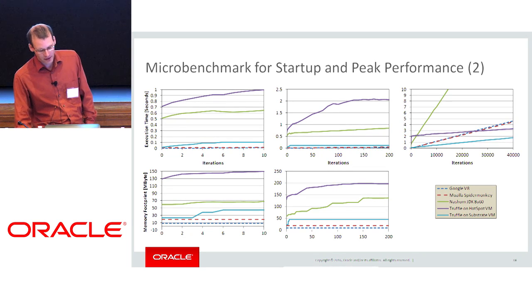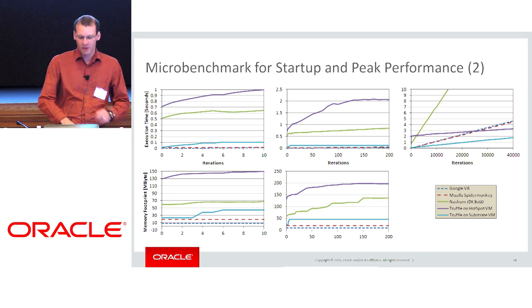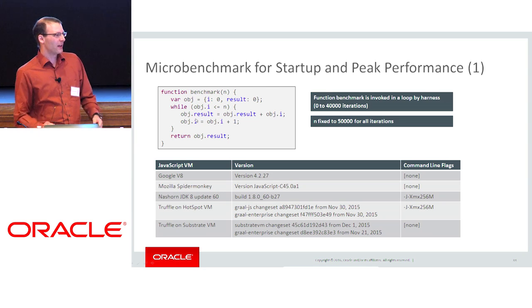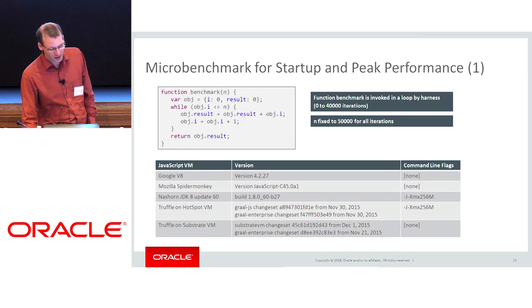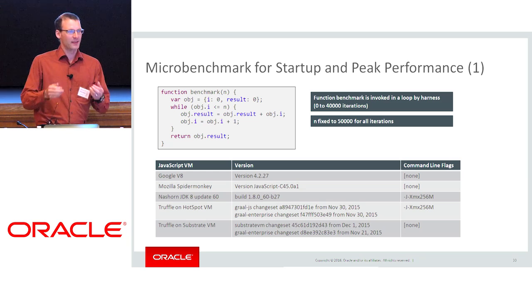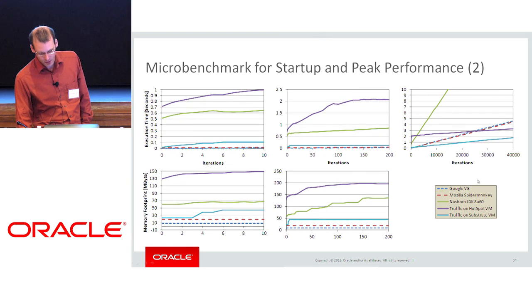And for this benchmark, the Graal compiler is doing a much better job than all the other JavaScript engines, because you see here I have object allocation and object access in my loop. And Graal has a very aggressive escape analysis. So Graal can reduce this loop to just summing up numbers, whereas all the other JavaScript engines have to do memory accesses in every loop iteration. That's why the peak performance is so much better.